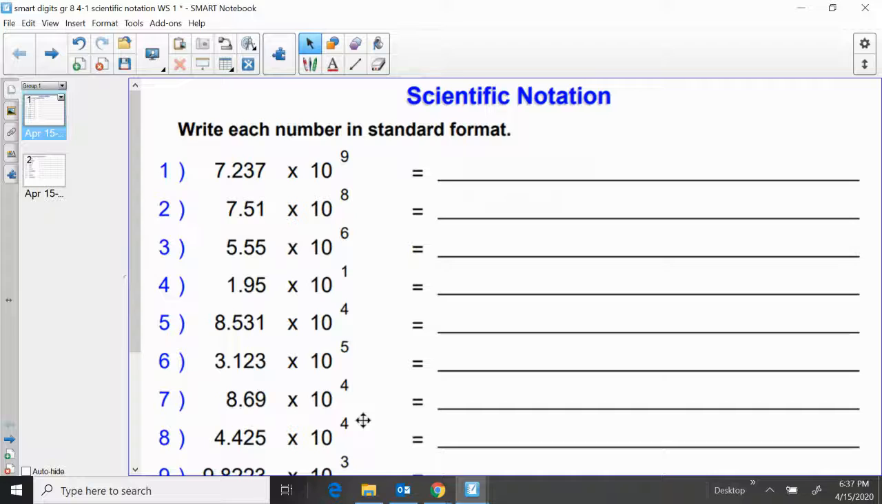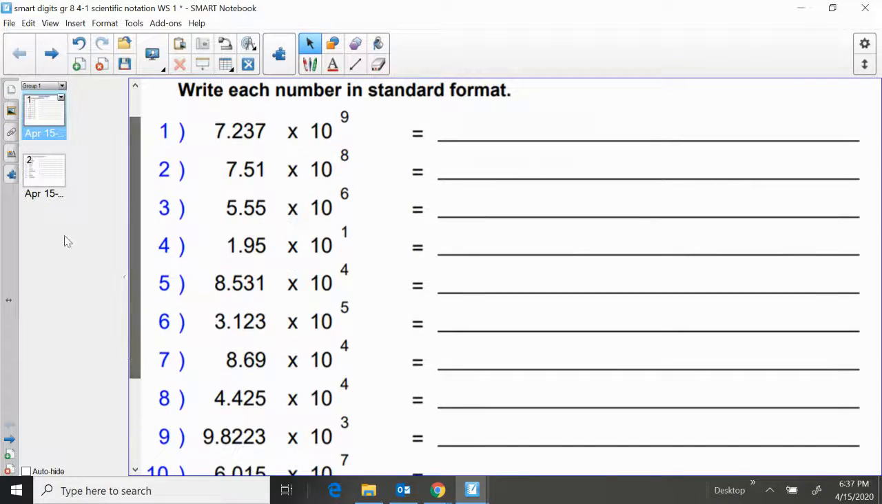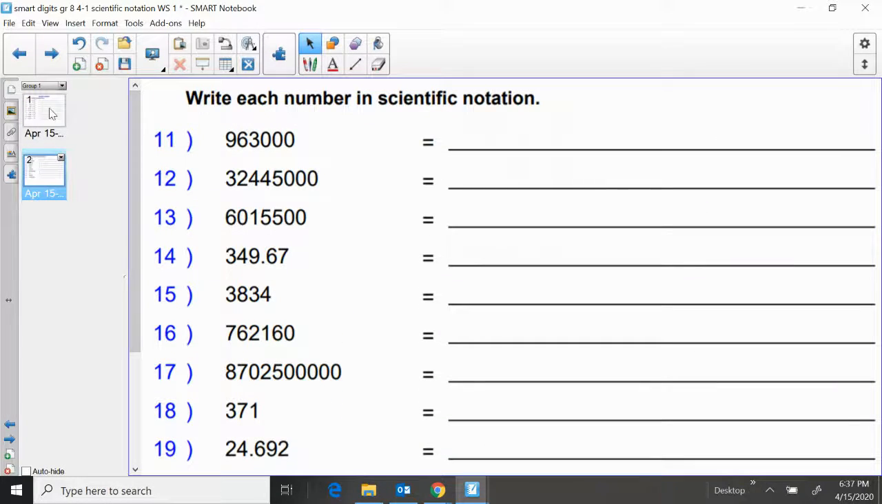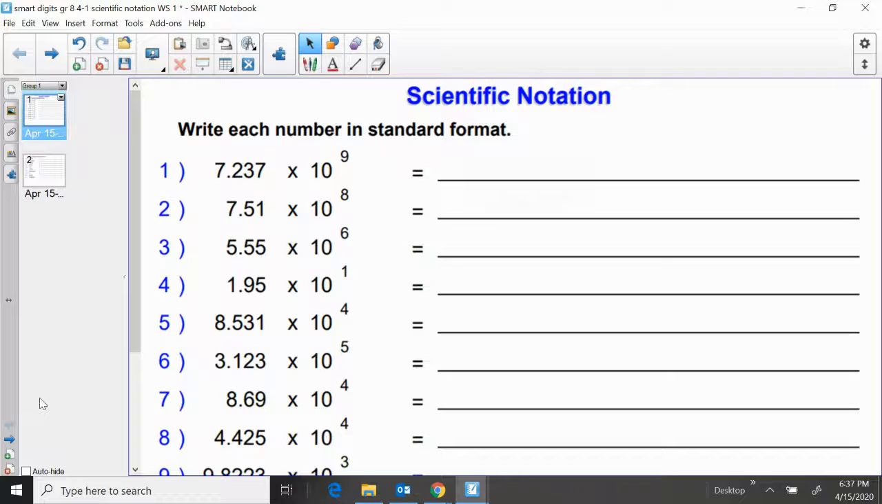You're going to have two different parts to complete today. 10 problems on the first page, an additional 10 problems on the second page, for 20 of them. But I wouldn't just throw this to you and tell you to do it. I'm going to show you two examples on the first page and three examples on the second page. So what you're expected to do is to be able to go from scientific notation and write the number in